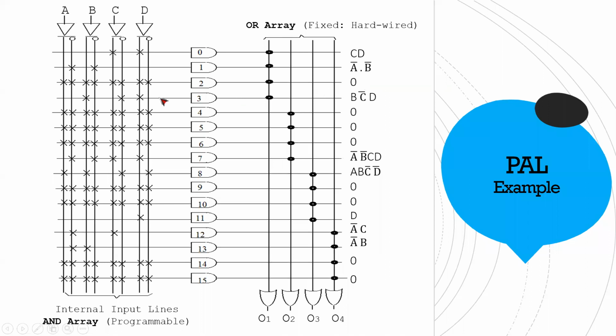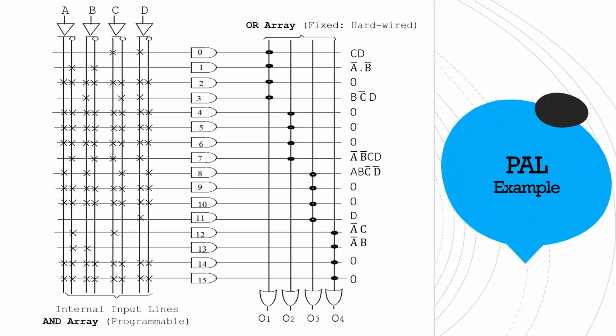The last one, what was our term? Our term was B, C bar D, right? This is B. We will keep B here. This is C bar. We will keep C bar here, and this is D. We will keep D here. Others, they will be gone, right? So here you have B, C bar D, and since they are connected automatically or by default, this is your O1. Okay, let's go to the next one.